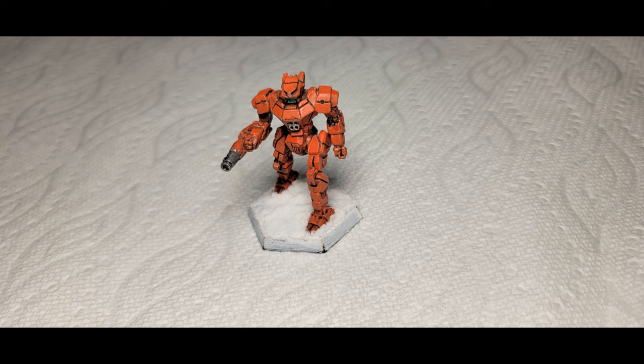The Draconis Combine inherited Alshane Weapons' Panther factory on New Oslo when the Star League dissolved, and quickly put the production line to work building new Panthers for the DCMS. Their first large-scale use by Kurita warriors came during the First Succession War in the Battle for Quinton, when the 2nd Legion of Vega used their Panthers to severely maul the slower, heavier mechs of the 42nd Avalon Hussars while